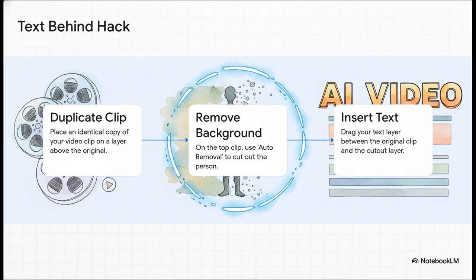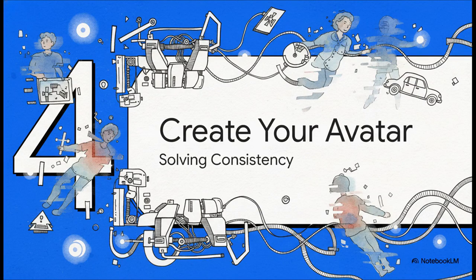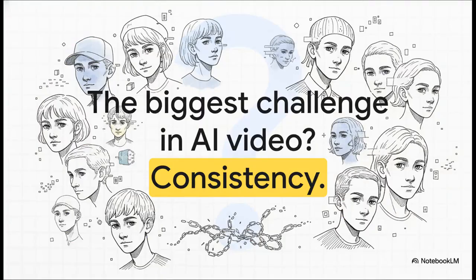It's incredible. Now, these tools are amazing for creating single scenes, but they all share one common massive problem. I'm talking about the single biggest challenge that has plagued AI videos since day one. And that challenge is consistency, right? How do you make sure your character looks and sounds exactly the same from one scene to the next? Traditionally, AI models kind of forget what they just made, so they generate a slightly different character each time, which can totally break your story.